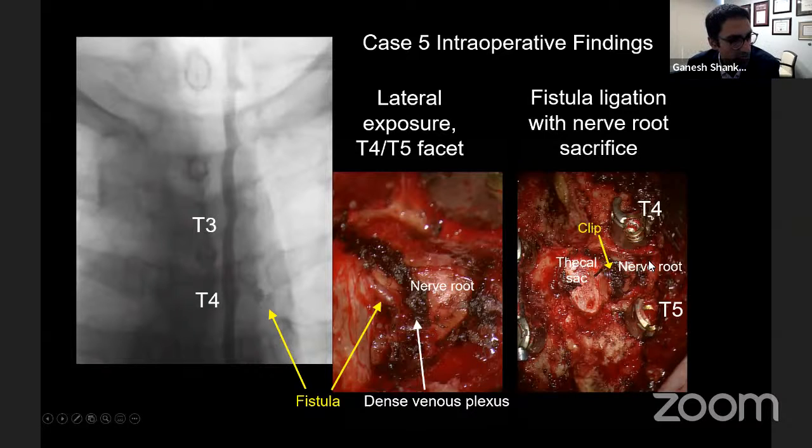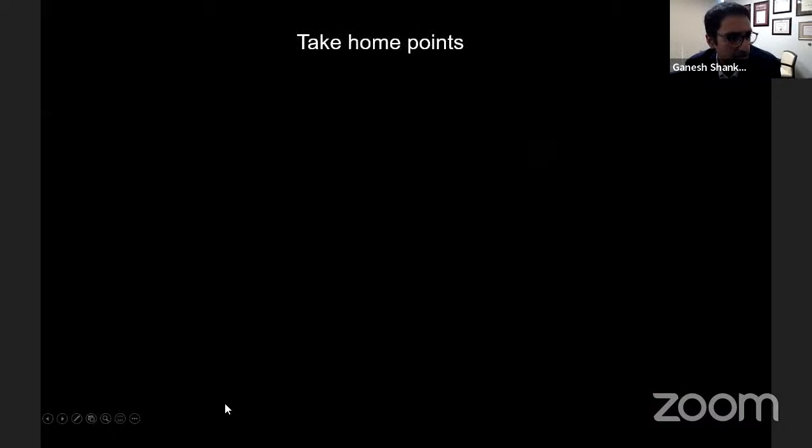Because this is a nerve root that had lower suspicion for being eloquent or at least functional, in this case, we clipped the nerve root completely to prevent any contrast extravasation or CSF egress into that venous plexus surrounding the nerve root. The patient did very well postoperatively as well, but also had those mirror image headaches because he had had these symptoms for quite some time.